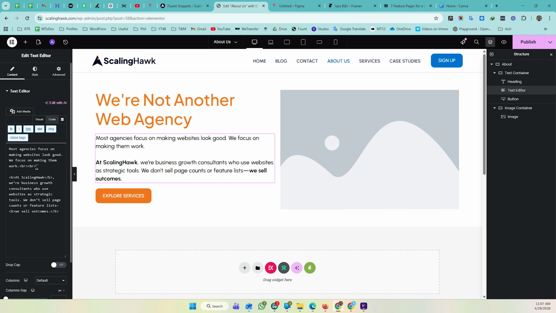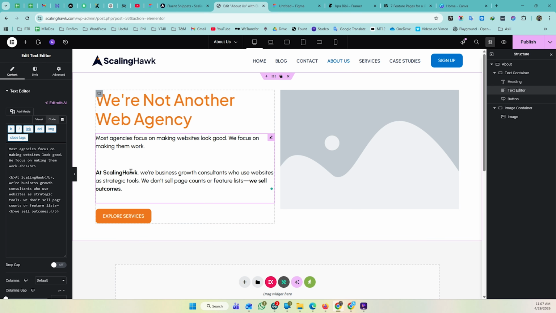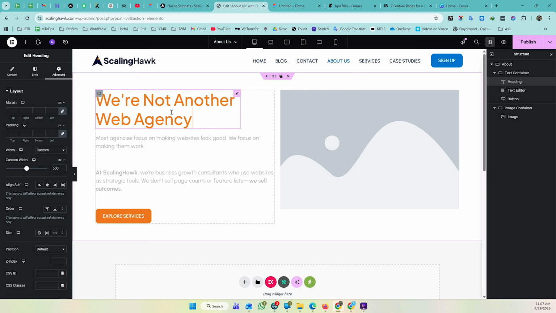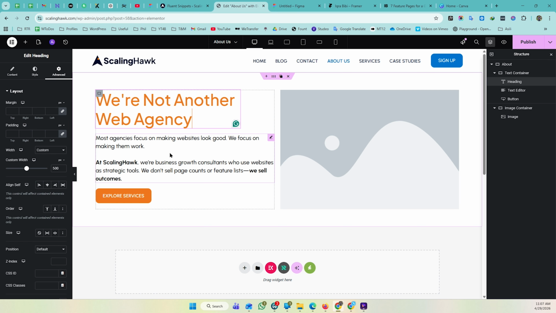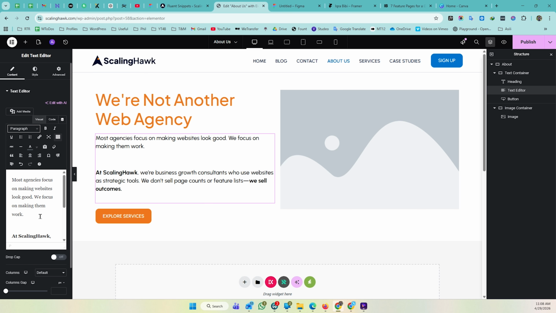Now here you can see that I have added a break tag, and if I again click on the text editor widget, then the same spacing comes back, and when you click outside of your text editor widget, then it works. But here is the bigger issue. The next time you come back and edit that text widget and make any changes, then here you can see that the behavior comes back again and you have to repeat the whole process. So this is just a workaround and not a real fix.